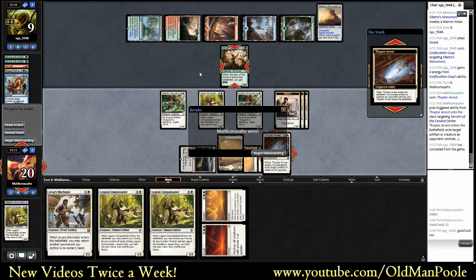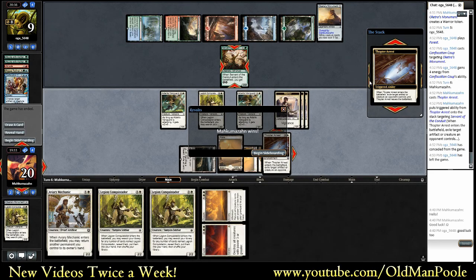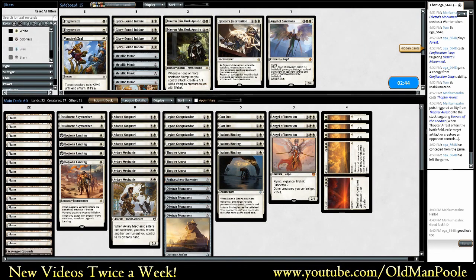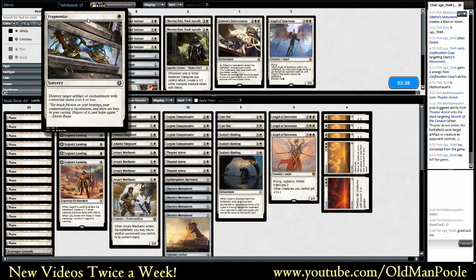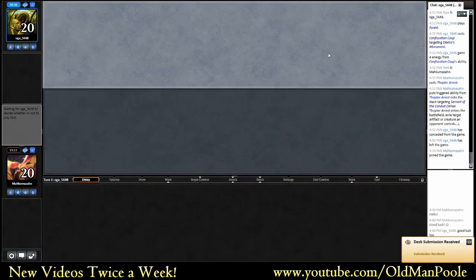Okay, well, first game was pretty one-sided for my opponent. The second game looked pretty great for us. Guess it all comes down to this, doesn't it? Do I want to change anything on the draw? Still don't like Mavern Fane. I don't think so. Nope. Let's run it back. Confiscation Coup is reasonable against us, but...